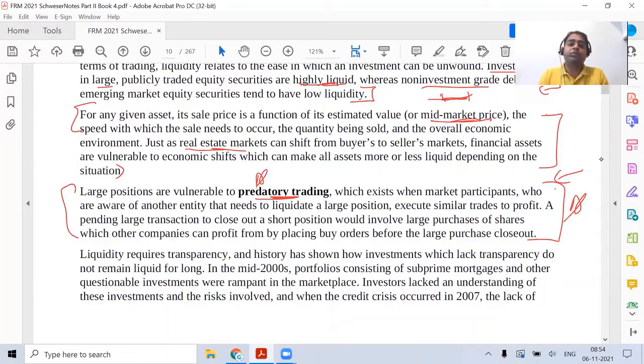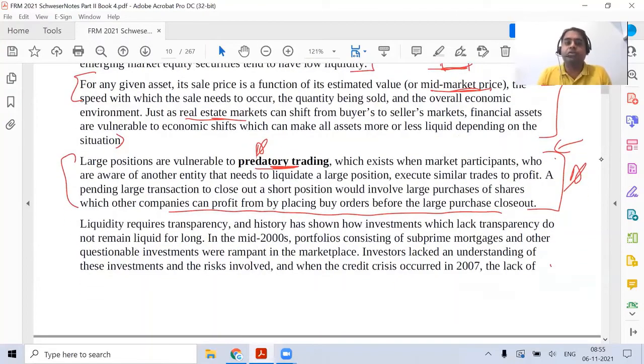So the main concept over here is other companies can profit by placing an order before you. I gave you an example of selling. If you're buying and somebody else is buying before you, then the prices might go slightly up, and it will increase your cost of buying. Perfect. The next paragraph. This is just an introduction related to liquidity risk that is being conveyed over here.